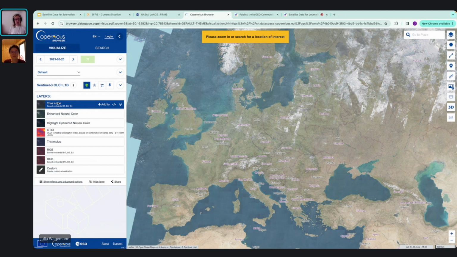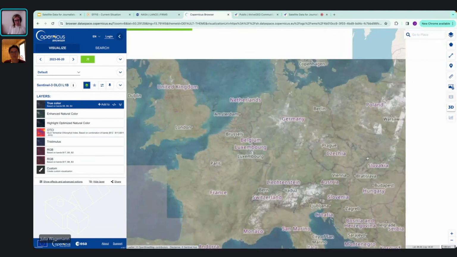So true color is always how we see the real world. And then, as Sabrina already said, there's a set of false color, and false color just gives us options to assess a specific feature in a more prominent color, so that it helps us to highlight a specific feature. So if we now zoom in, then we get information.